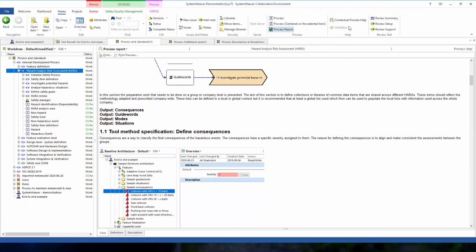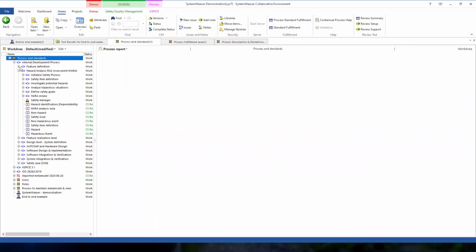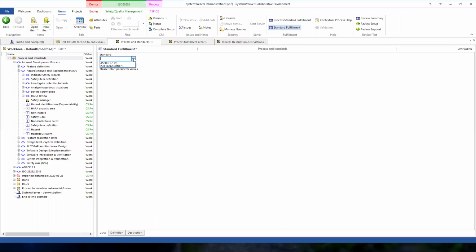There is more detail here, but I don't think it will be interesting now in these 5 minutes that we have left. Instead, I want to take a step back and see what we have missed. So if we now look at, we had this process definition here, and we have the ISO 26262 and ASPICE and other standards. So maybe one important question that you want to ask is that, for example, if we're looking